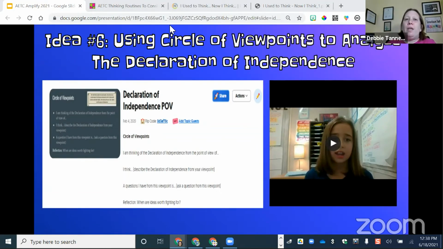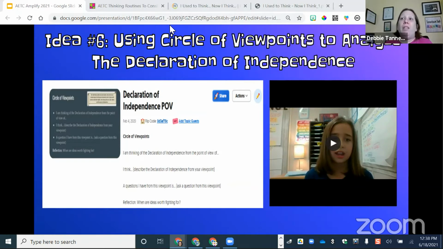So the first example I'm going to share with you, I intentionally chose to use Flipgrid with. And the reason is that it's called Circle of Viewpoints. Someone is sharing a viewpoint, and a viewpoint should be heard. The viewpoint is not going to have the same power or impact being read.